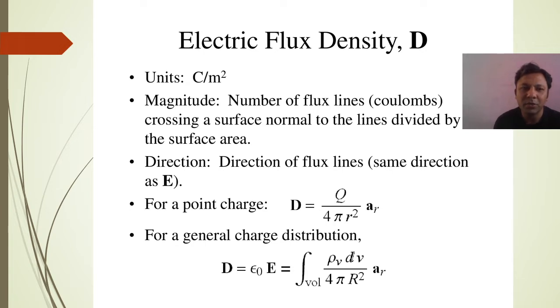And the density can also be defined as epsilon 0 into A into E. Epsilon 0 is the absolute permittivity, and E is your electric field. We know that electric field E equals F divided by Q, force per unit positive charge, and force equals Q1 Q2 divided by 4 pi r square. Okay, so this is the electric flux density.